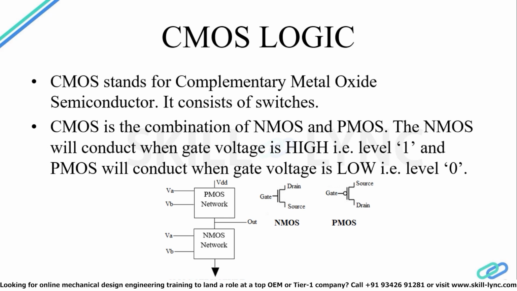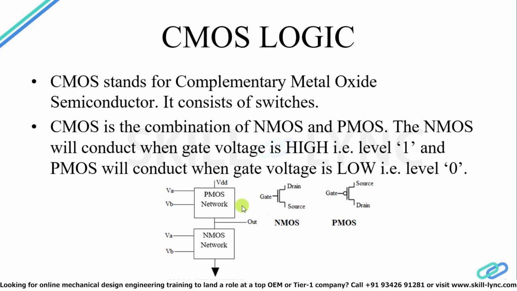Now first of all we will understand why it is known as CMOS. Complementary. Actually it is a combination of NMOS and PMOS and it is the most popular MOSFET technology. We all know that MOSFET is metal oxide semiconductor field effect transistor, so it is one of the most important variants of MOSFET, known as CMOS, and it has a variety of applications such as microcontroller chips, memories, RAM, ROM, EEPROM, ASICs, etc.